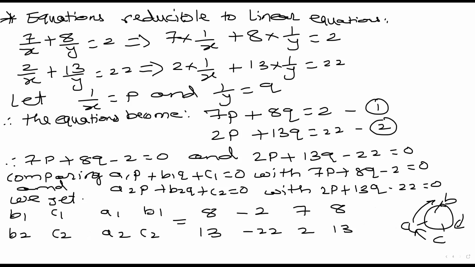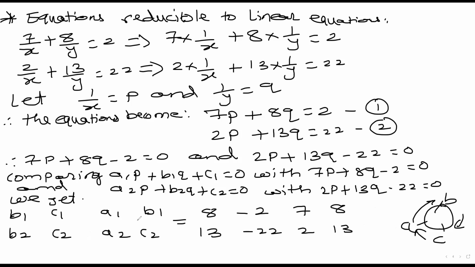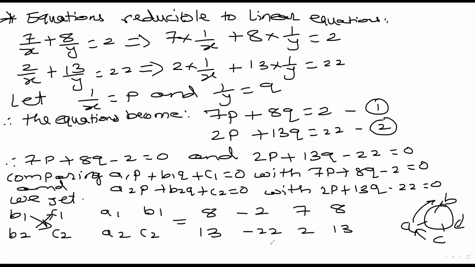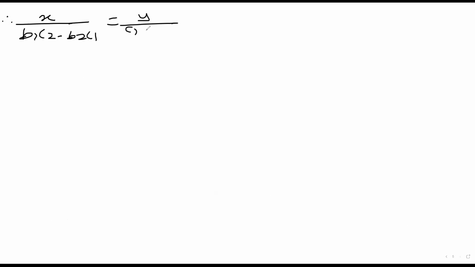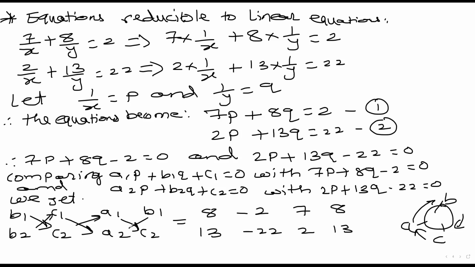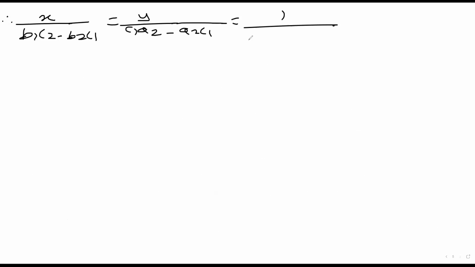Now we will write the equation. Let me go to the next page. So we have x upon, so when we have x, we multiply this: b1 c2 minus b2 c1 is equal to y upon. So when we have y, we multiply these two: c1 a2 minus c2 a1 is equal to 1 upon. So when we have 1, we multiply the coefficients of x and y. So we have a1,